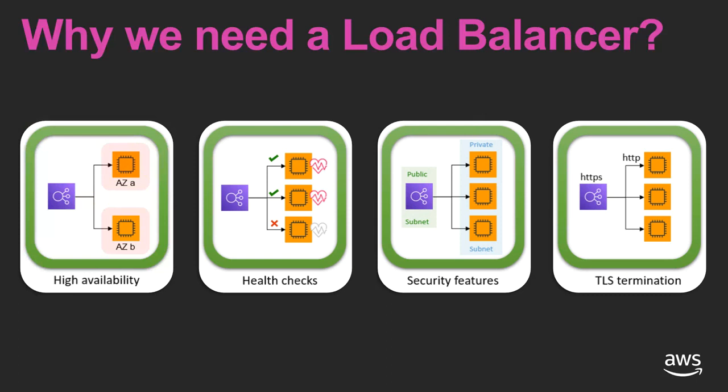Another thing, as somebody has mentioned, is TLS termination. When we are processing HTTPS or SSL requests, they require a lot of processing power in terms of CPU and memory because of encryption and decryption. This means if I have used machines at the backend, maybe 5 to 10% of their capacity would go only to encryption and decryption. What if we could offload that encryption and decryption to the load balancer, and then I just process normal HTTP requests without any issues? That would be a better way of deploying my service. So TLS termination can also happen.